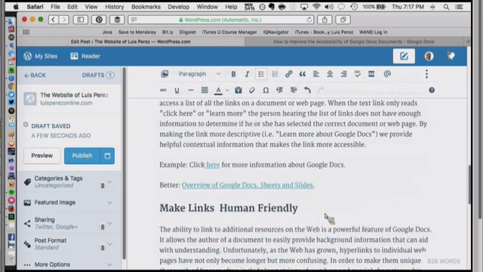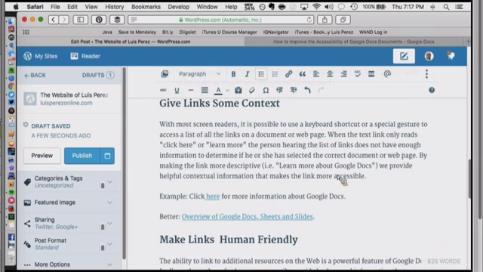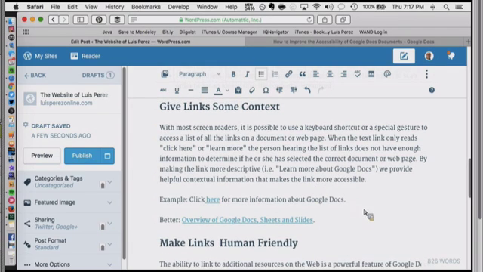All right, and my last tip for tonight, because I have limited time, has to do with links. And this is, again, a really common occurrence when I see websites and blogs. The click here link, or the learn more link by itself. The problem with that is that a lot of times with screen readers, you access these links on a list by, again, using a shortcut. And if every single link says click here by itself or learn more, then when we access them on that list, we don't have any context. We don't know what clicking here will do, or we don't know what learn more refers to.